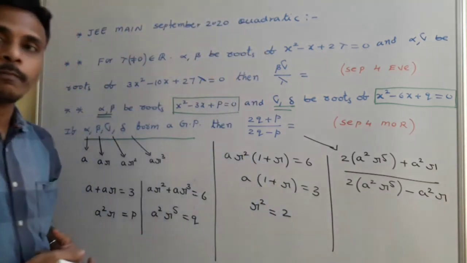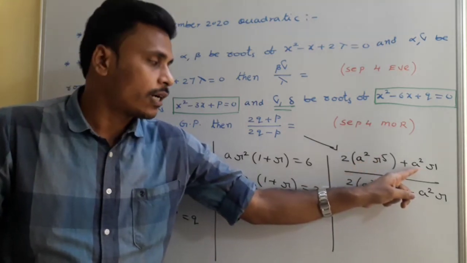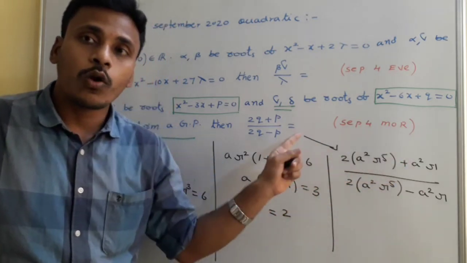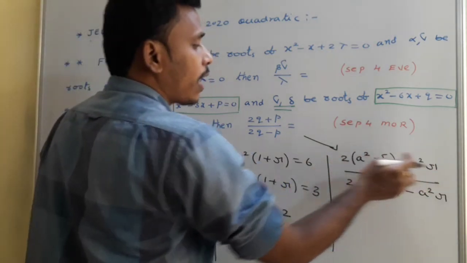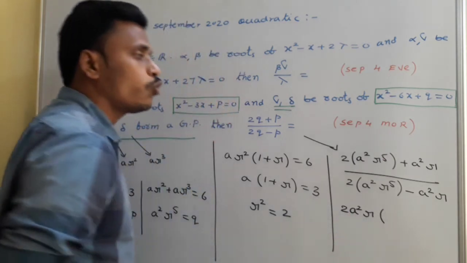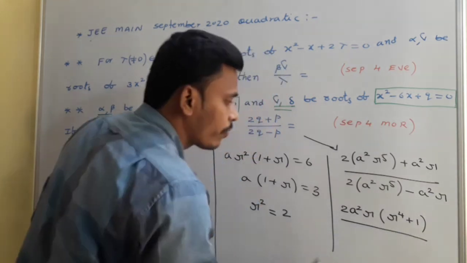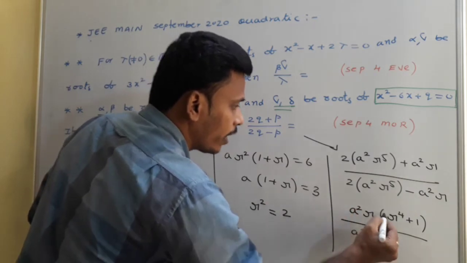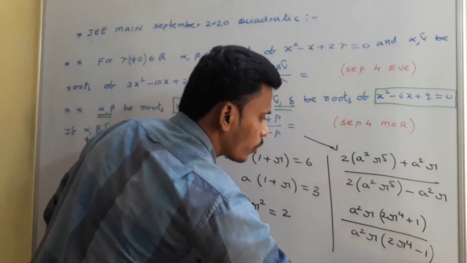This value we need to find. See, very simple. a square is a common quantity. See, a square is common for these two terms as well as common in these two terms. Common out a square from numerator and denominator, it gets cancelled. And then r power 5 and r, just common out 2r also. From the numerator you just common out a square r. You will get 2 times r power 4 plus 1, divided by, from the denominator again a square r, we need to common out a square r. Now here it is 2r power 4 minus 1.